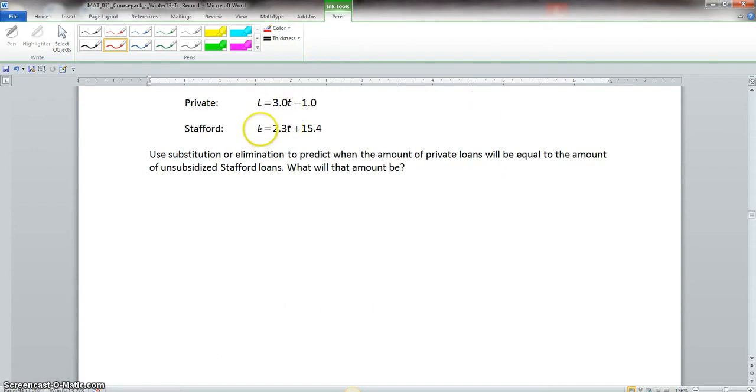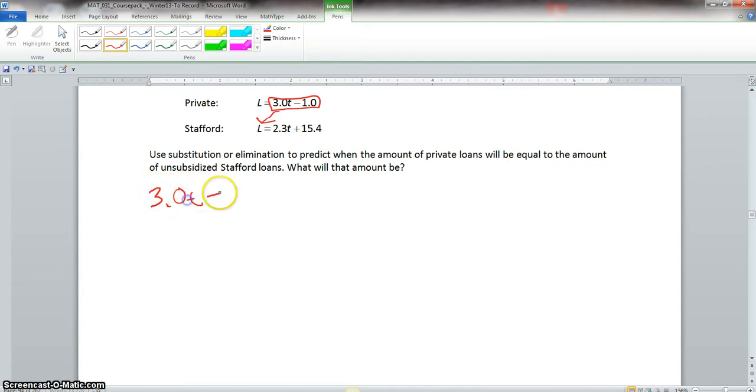I think for this problem here, using the substitution method actually would be better. So what we would have to do is this here. Both of them have L is equal to some value. So all we would have to do is determine which one we want to substitute in for the other L. So what I'm going to do, I'm going to take this L here and substitute it into this L down here. So we will have